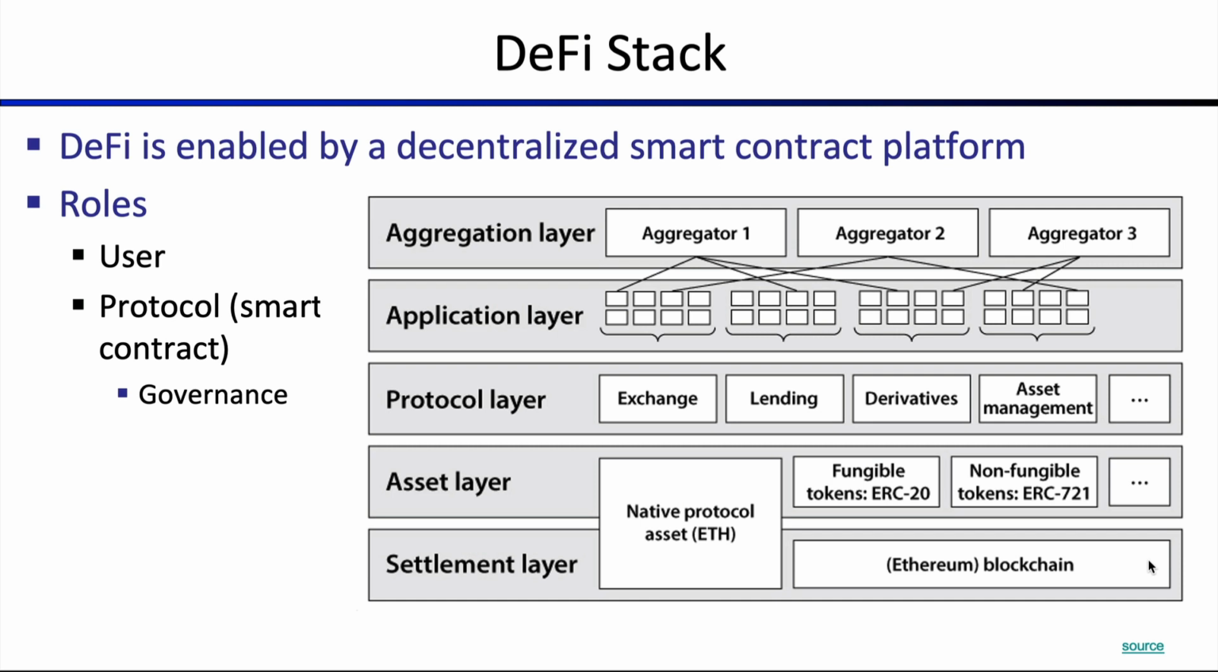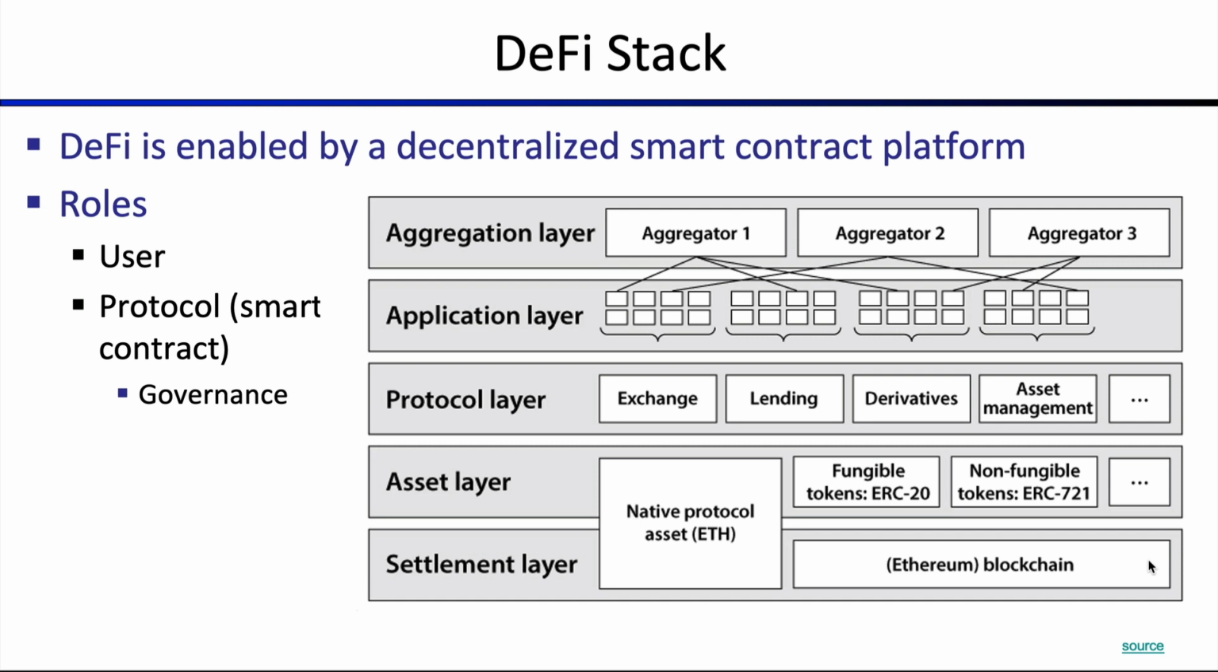So where you have the exchange, lending, derivatives, and asset management applications. So these are different protocols or underlying financial concepts that are then put into place by an application. So you have, for example, multiple applications, multiple DEXes, right? You have Uniswap and SushiSwap and different types of swap